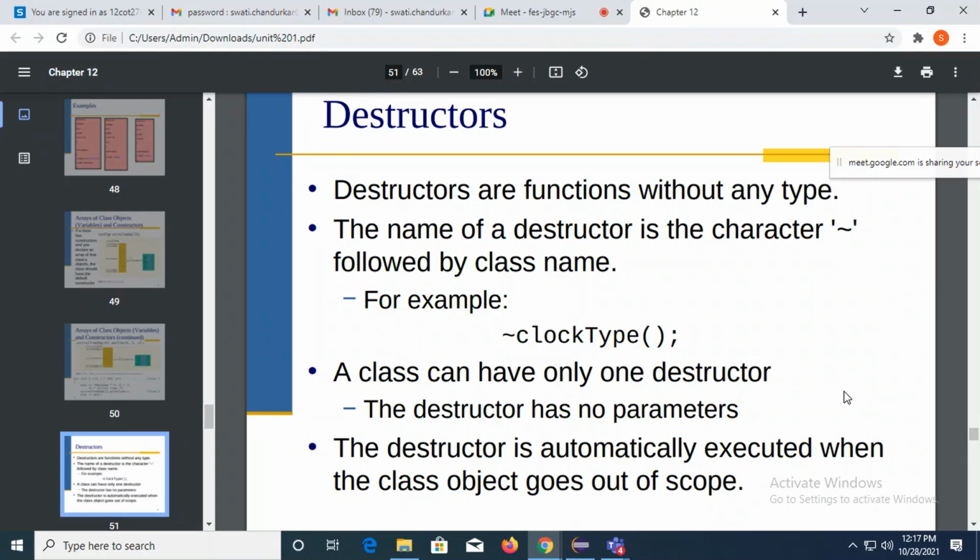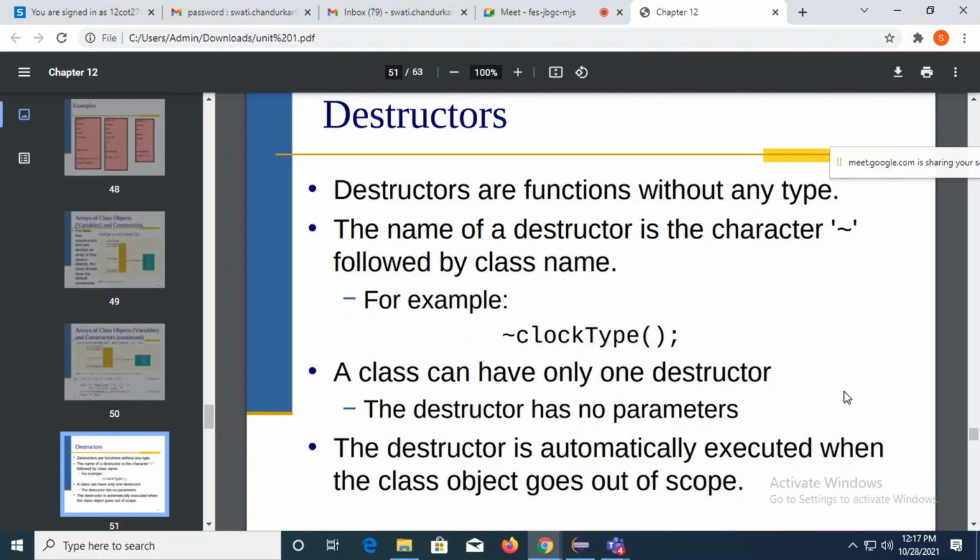Now, just as in your constructors you don't have any return type, similarly we don't have any return types for the destructor. Syntaxes are the same. The only difference is that the destructor is preceded by the tilde symbol. You can see it on the screen. I'm having a tilde symbol. It is available on your keyboard.